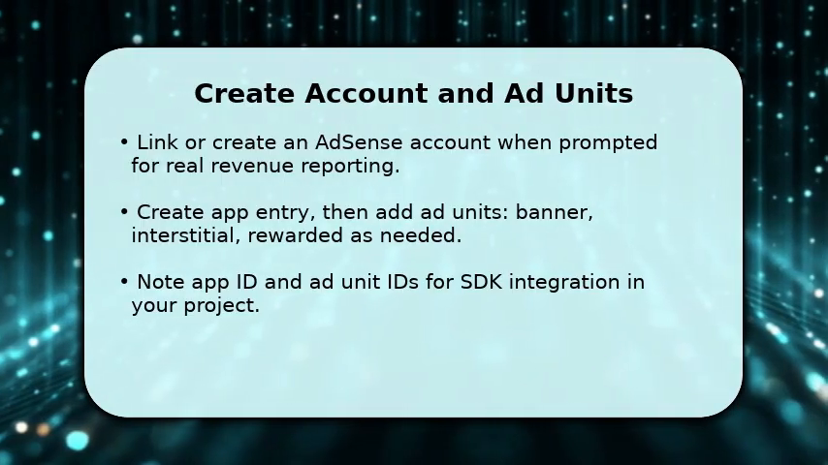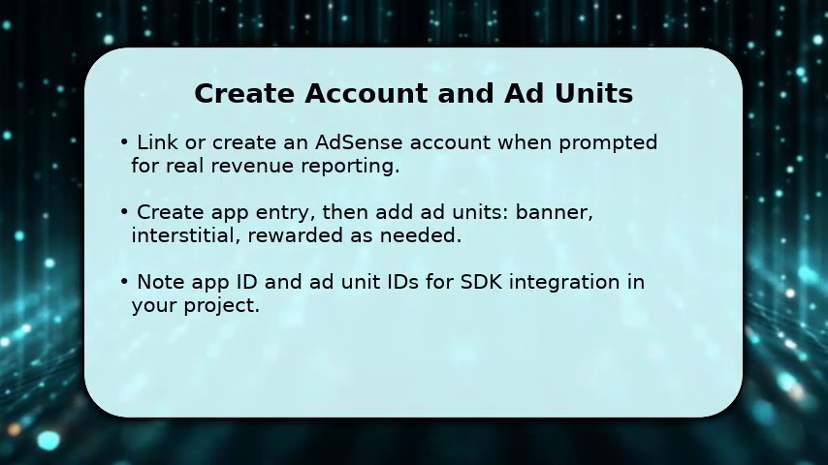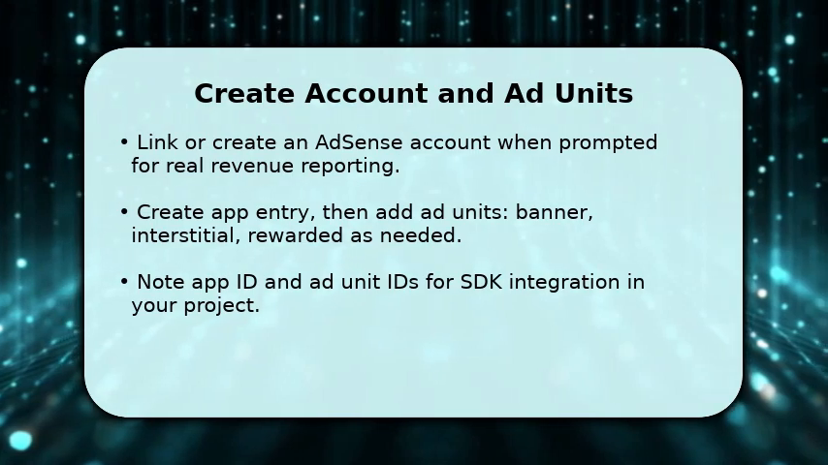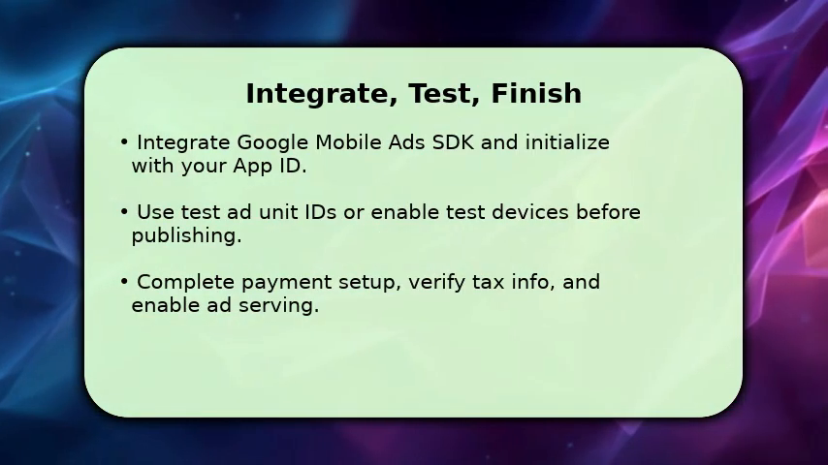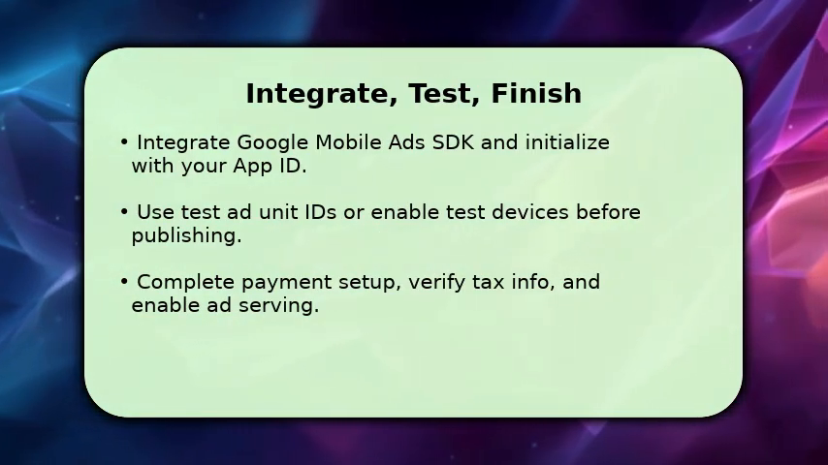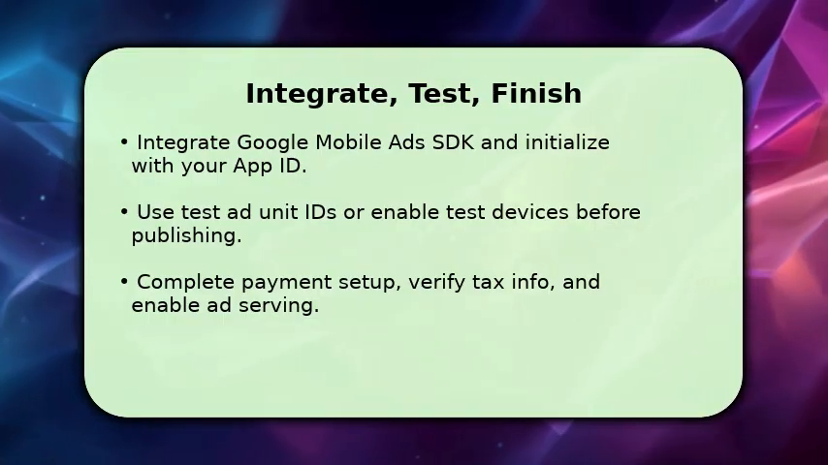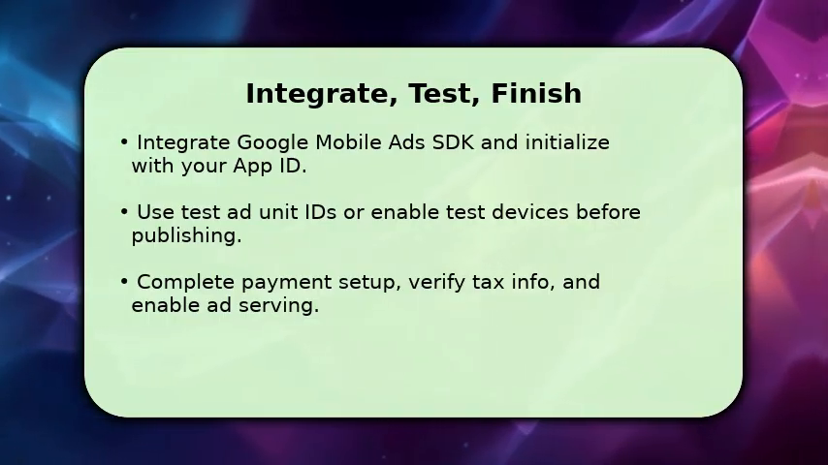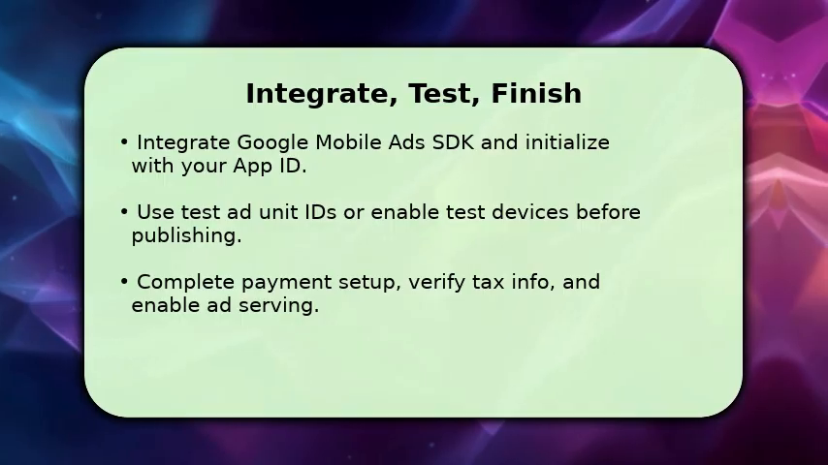Finish by integrating the Google Mobile Ads SDK into your app, initializing it with the app ID, and replacing placeholders with your ad unit ID. Once integrated, run the app on a test device and enable test ads or register your device to avoid policy